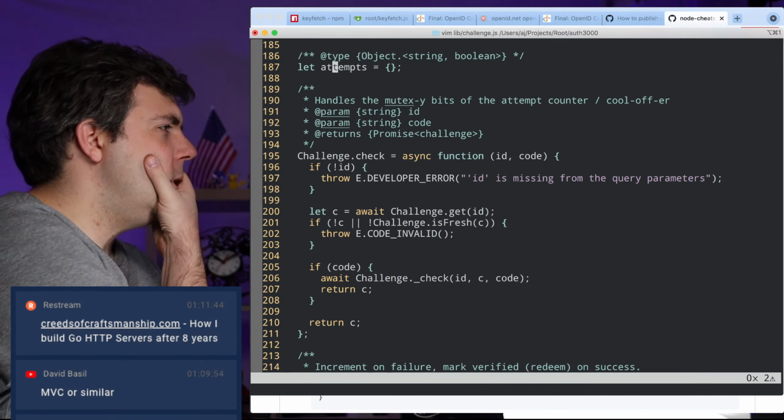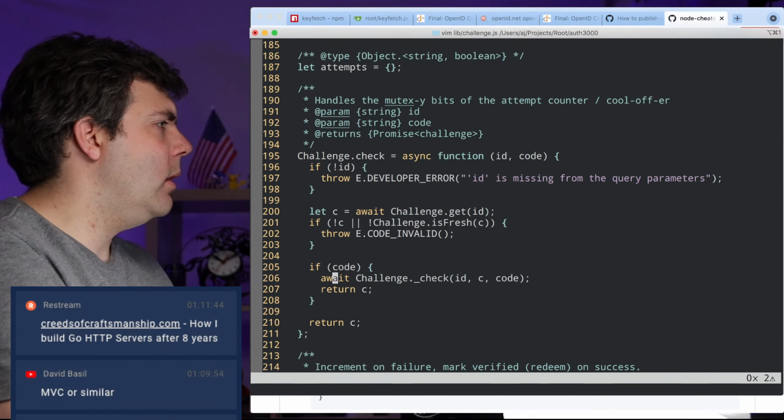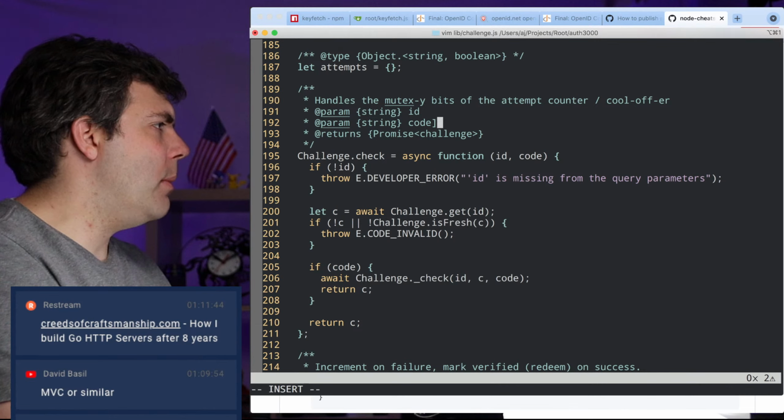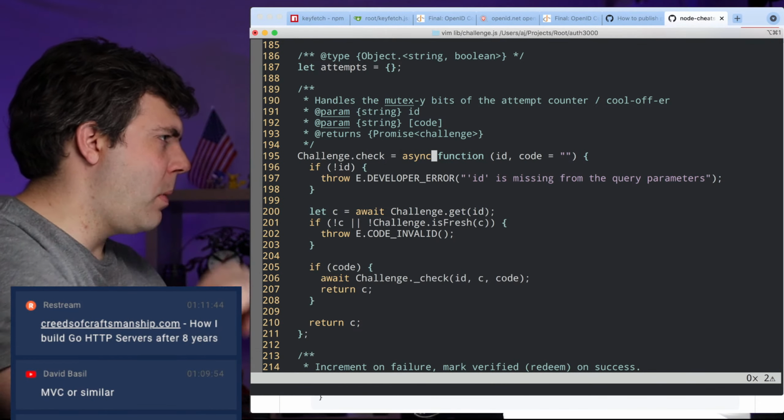All right, so we're going to check the ID in the code if there's a code. So this is optional. We don't need to put this. It's a code like that. Okay.